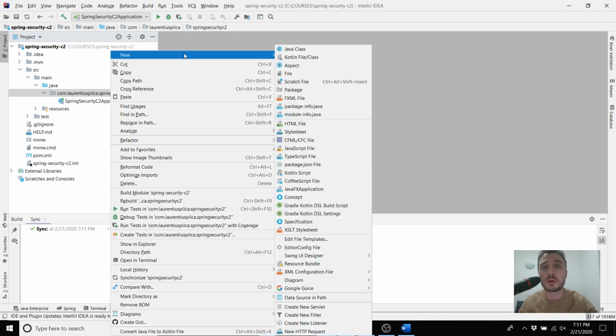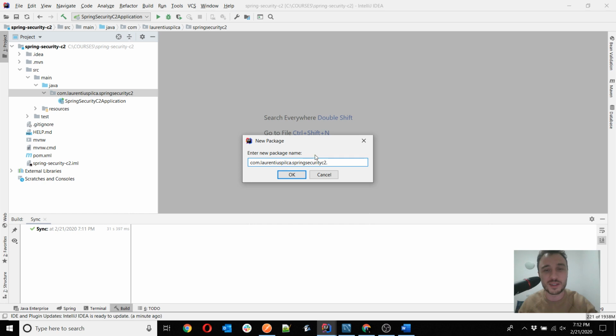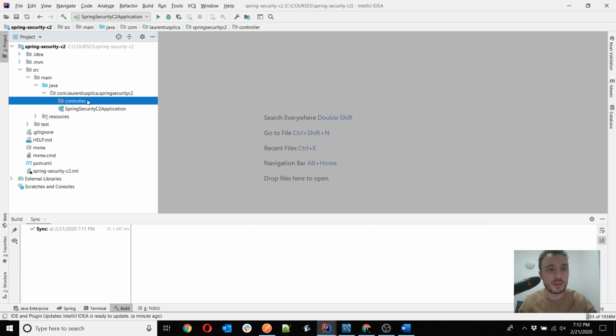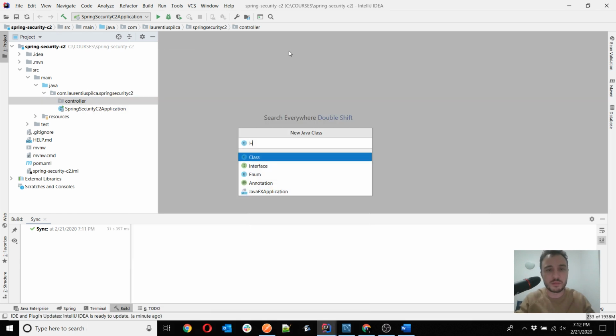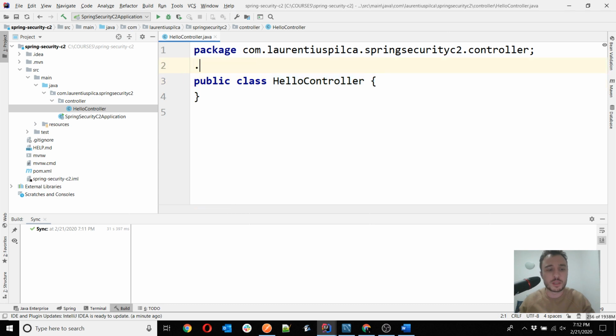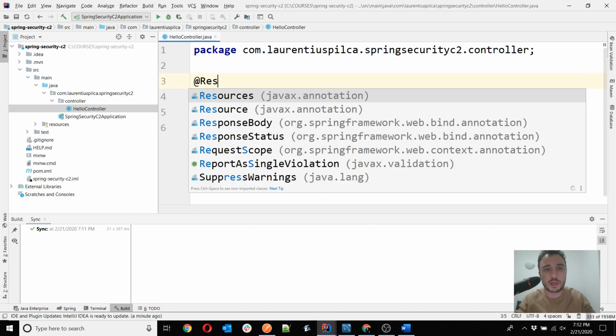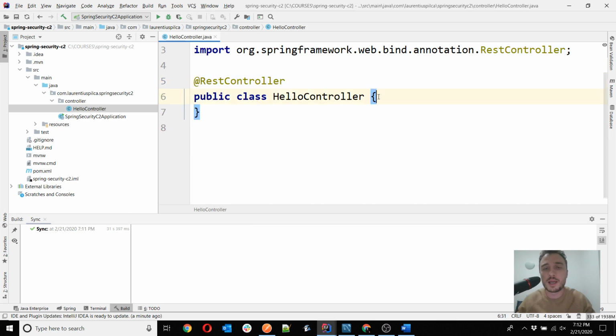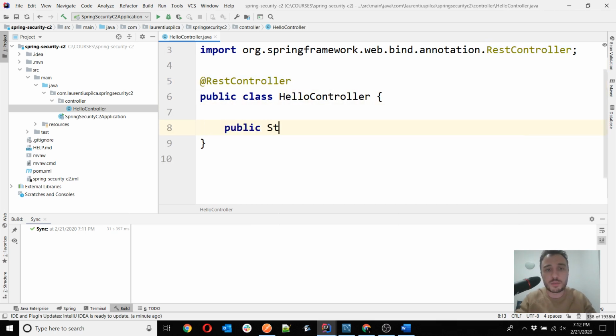Okay, let's create the endpoint, start the application, and you will see Hibernate appearing immediately in the console as well, which will even better answer your question than me, because you will see it directly there in the console log. So I need a controller, and I will create just a simple endpoint because it doesn't really matter what we do here. So we have a hello controller, and the only thing we need is a hello endpoint. Because it's a REST controller, I will have to add the proper dependency, and then because we want an endpoint, it's public String hello,